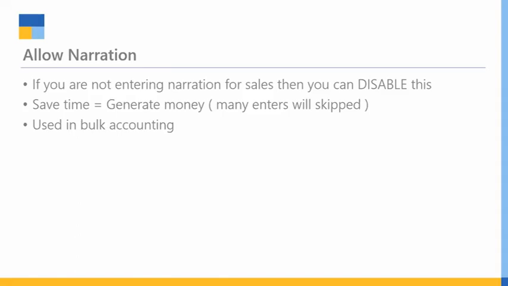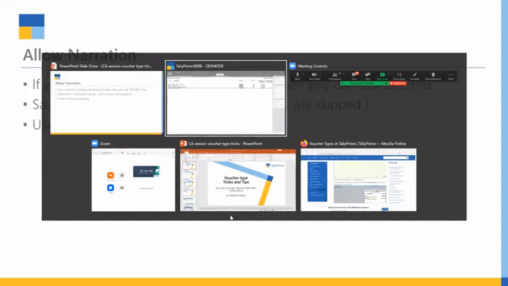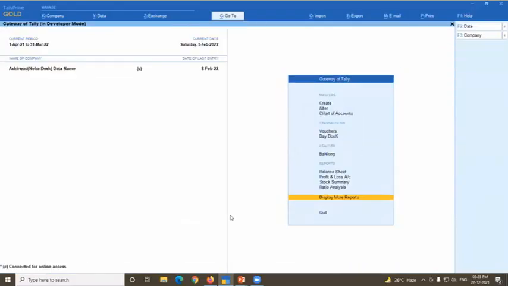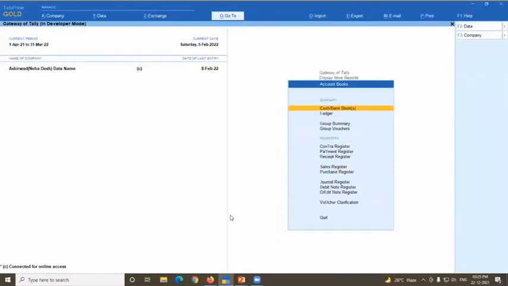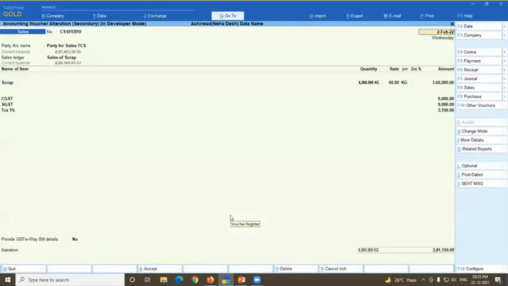Allow narration. So we know what is narration. In any entry you have to put a narration about that transaction. Suppose in sales voucher you are not putting any narration, so you can disable that feature. See, now I am going on a voucher, and you can see here at the bottom there is a narration.